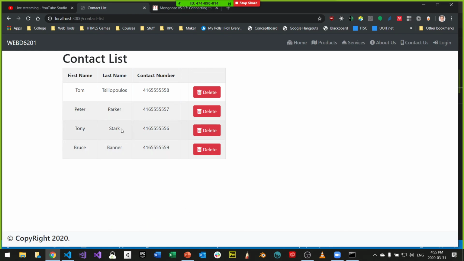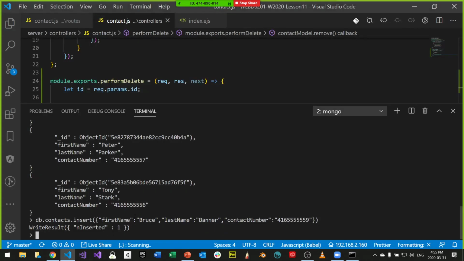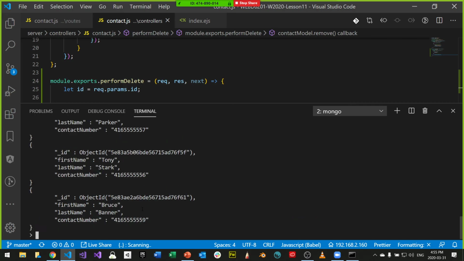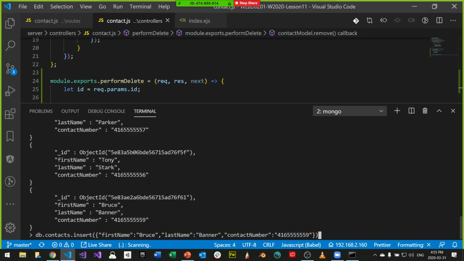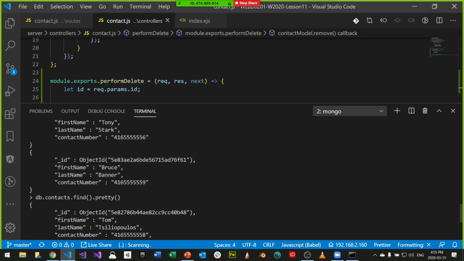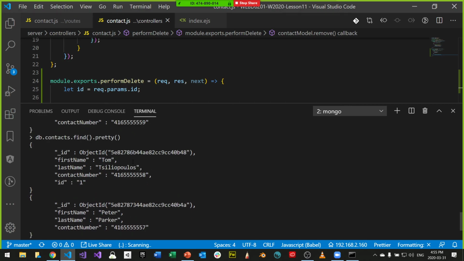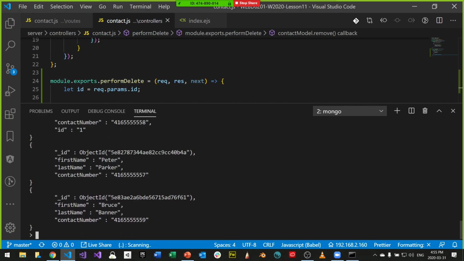Now, mind you, if I do this, the ID will be different afterwards. Notice what the ID is right now. If I go back up and say find pretty, you can see that the ID for Tony Stark ends with a 5F. However, if I delete Tony Stark here, he's gone. If I go back up and find pretty, you can see Tony Stark is no longer there. So there's Tom, there's Peter Parker and Bruce Banner, and Tony Stark is finito. But if I add him back in,